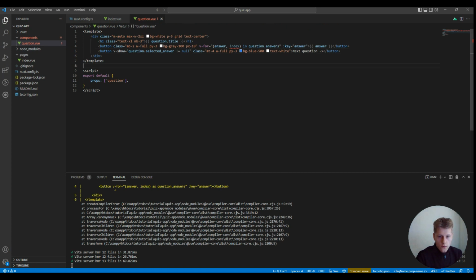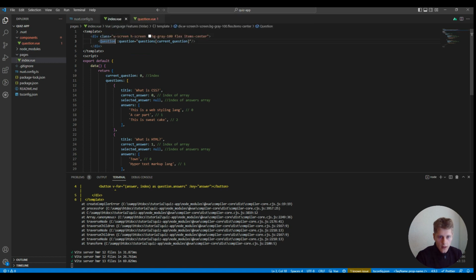And now we need to create event when we click on our answer. And let's go back to our index file, and in this place I want to make event on answer selected, for example, and we want to call function. When we call this event, we want to call on answer selected function, and we need to create methods